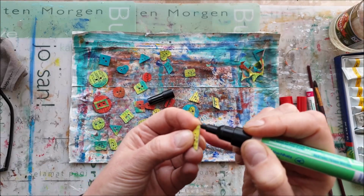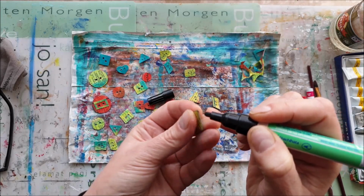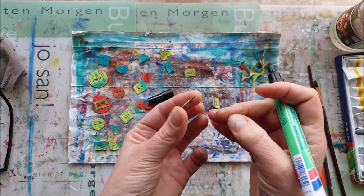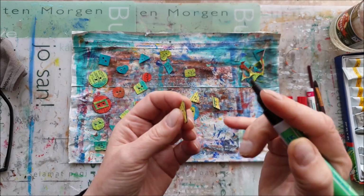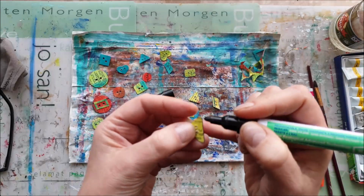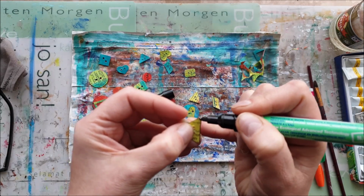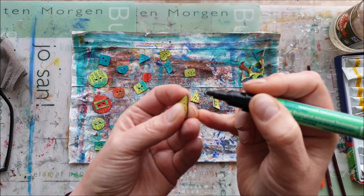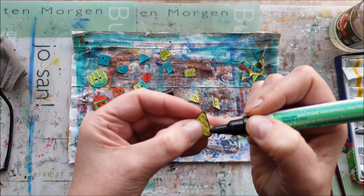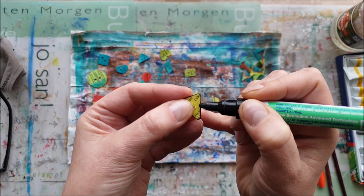I mean, you can always leave it as it is. The edges, I mean, they may not be that obvious that it's a cardboard, you know, or if you don't mind that. So you can either make it black as I did here, just the edges. You can always use distress ink and distress the buttons. I went a little bit also here to create like an outline, so it's not only the edge here that is black, but it's also creating a little bit of the line to give the button a frame, kind of